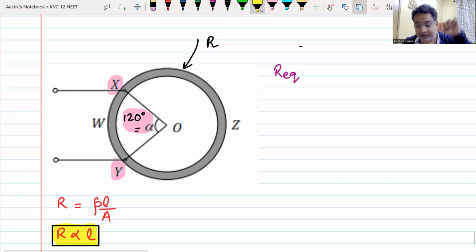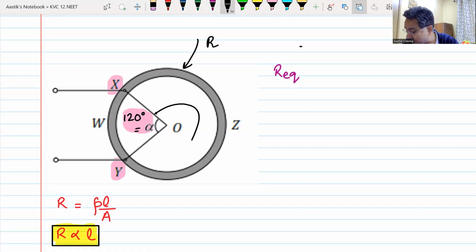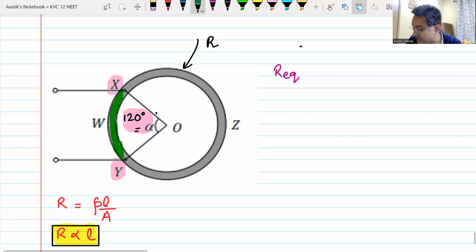Now, this part is 120 degrees and the remaining is 240 degrees. Yes or no? Yes, sir. That means the length of the first half is half of the other part. Yes or no? The total resistance is R. If I call the resistance of the green half as R1, and if I call the resistance of the blue half as R2,